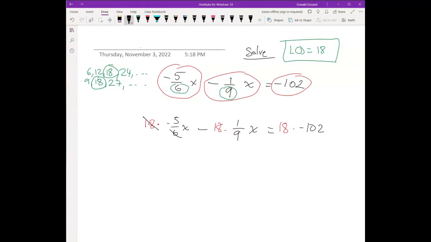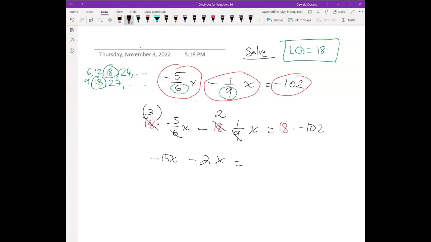18 divided by 6 is 3. So you're going to do 3 times negative 5x here. Then here you do the same thing. That's 18 times 1 over 9. You're going to do 18 divided by 9, clearing out the fraction, you get 2. Okay? 2 times 1 times x. And then here there's no denominator, so you're just going to multiply 18 times negative 1 over 2. So next line, you get negative 15x minus 2 times 1 is 2